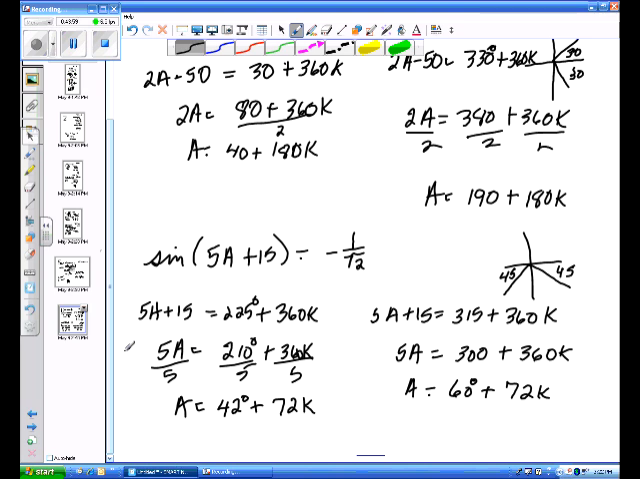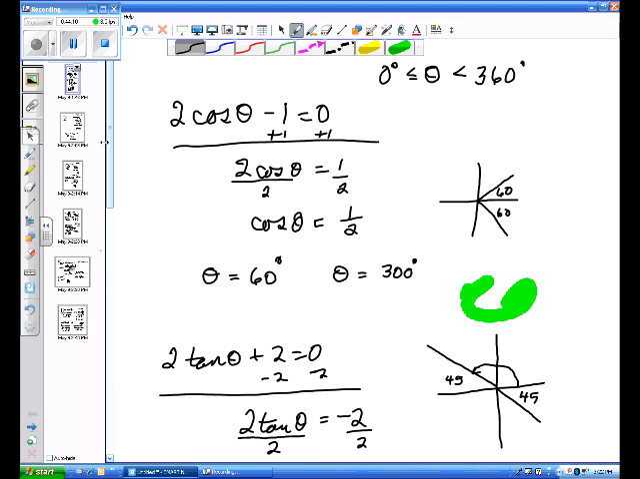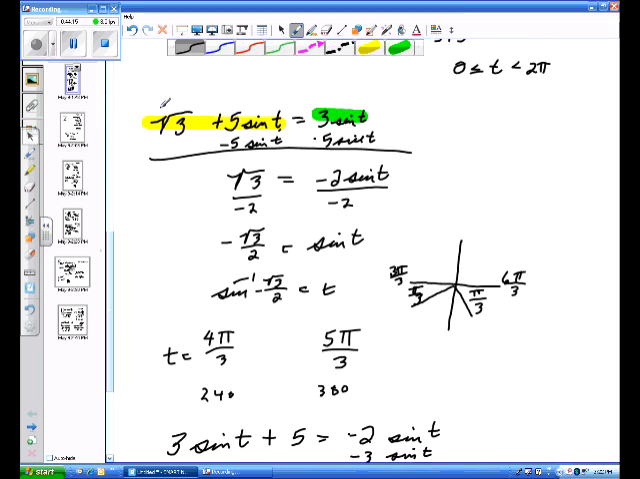And we want to look at how we would go about solving this using our calculator. And this is a good way of checking things. Let's go back to a problem that we had at the beginning and see how we would use our calculator on this. And we've got the square root of 3 plus 5 sine t equals 3 sine t. We want to solve this. We've already solved it